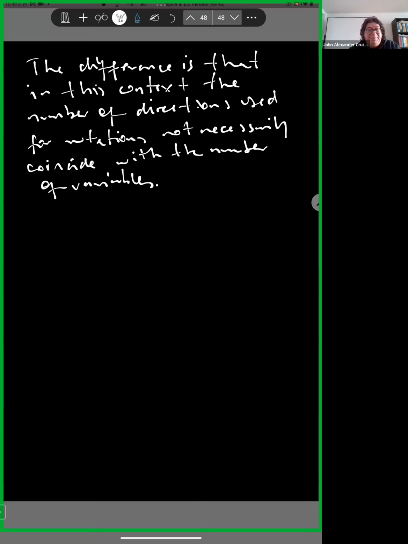In fact, you see, we have more directions than variables in this example. So in the surface case, we have only two variables and we have three directions for CP2, for example. And we can get more and more directions if we go to other cases, right? And in the classical cluster algebra setting, this number should coincide. However, there is this work by Gross,